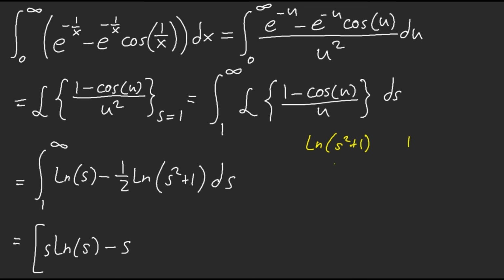If we do integration by parts, we get s times ln of s squared plus 1 minus, and then with s here. And so what happens is we get minus 1/2 of, and then we have s ln s squared plus 1, and then minus